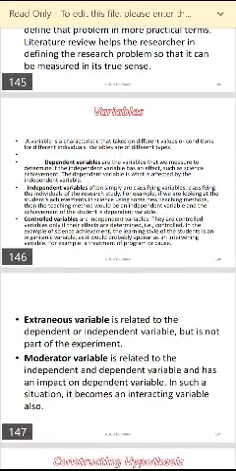We have the dependent variable, which is the variable that we measure to determine if the independent variable has an effect, such as science achievement. The dependent variable is what is affected by the independent variable. When we say the dependent variable is affected by the independent variable, for example, student performance